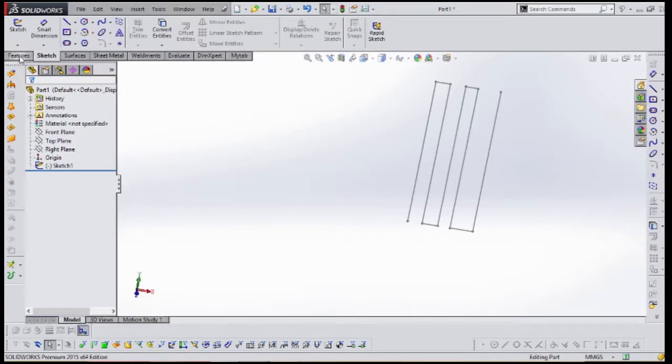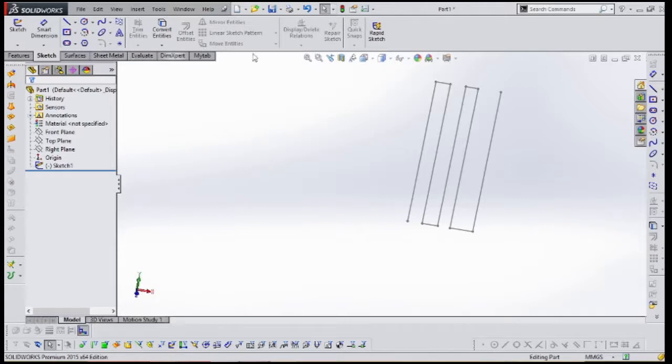Basically we will be using sketch and features more. If anybody is working in the automotive field, they may use sheet metal and surfaces also. Like this you can bring your command manager tools if they are not present. Don't keep unwanted things. Suppose you don't want weldments, don't keep them, so that we can increase our graphic window space.